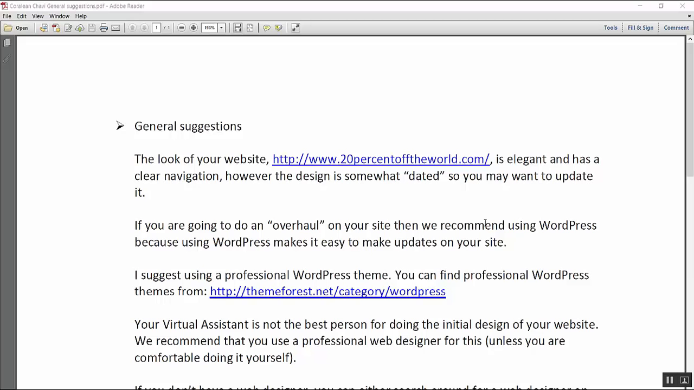Okay, so general suggestions. The look of your website, www.20percentofftheworld.com, is elegant and has a clear navigation. However, the design is somewhat dated, so you may want to update it. If you are going to do an overhaul on your site, then we recommend using WordPress because using WordPress makes it easy to make updates on your site. I suggest using a professional WordPress theme. You can find professional WordPress themes from